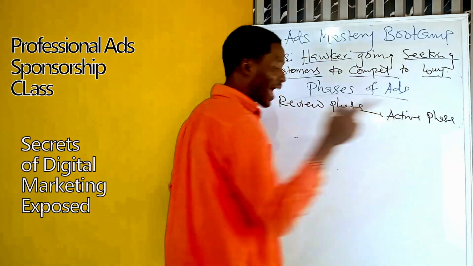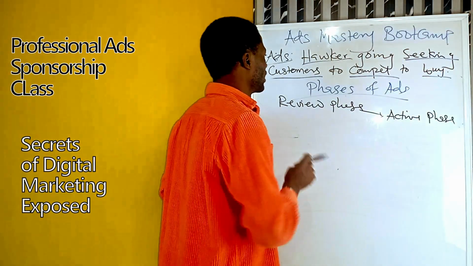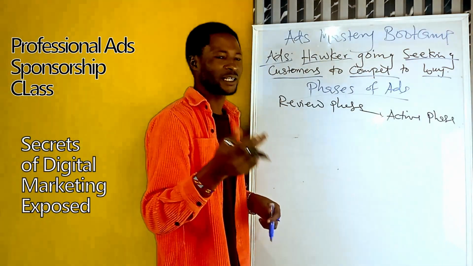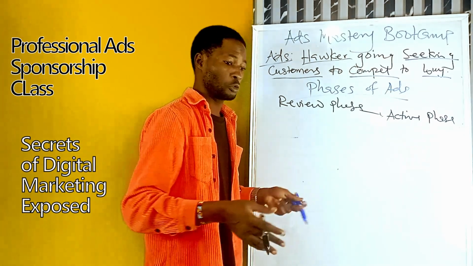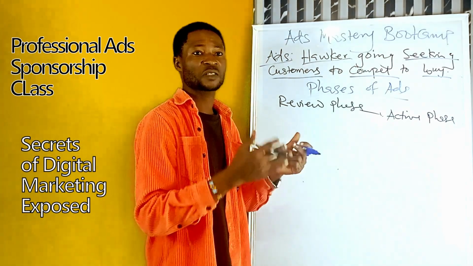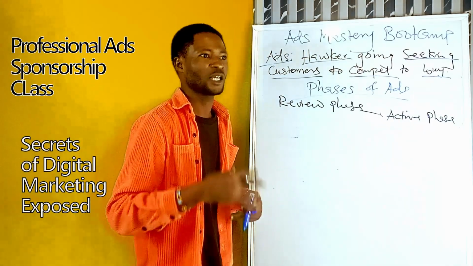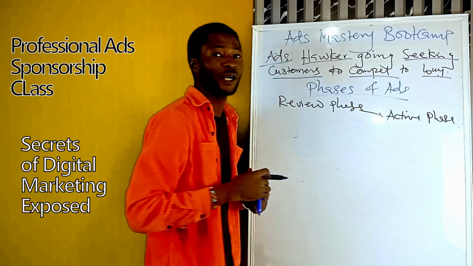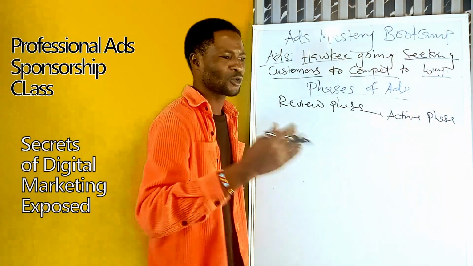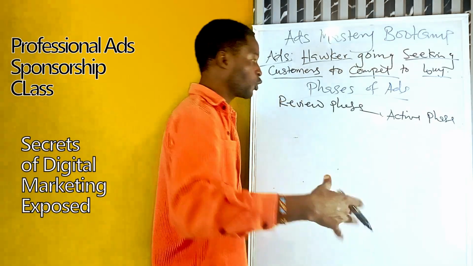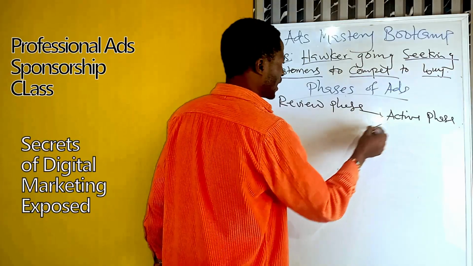This is the phase where your ad is actually approved, that yes, you have met every requirement. And take note that every platform on which you are running your ads, especially Meta ads, they are likely not going to reject your ads. Whether your ad is good, whether your creative content is nonsense, provided you are not violating their rules, especially nudity and all of that, they will allow your ads to go. They need the money because that is how they make their money. So don't just think because you are running ads, you automatically make money out of it. The platform on which you are running ads wants to make money out of you. All right. So you have the active phase. Now your ad is running.